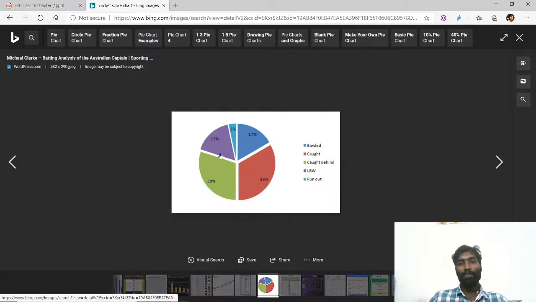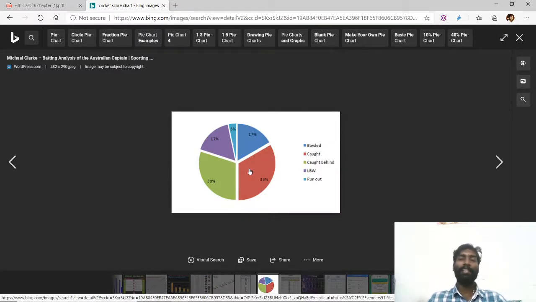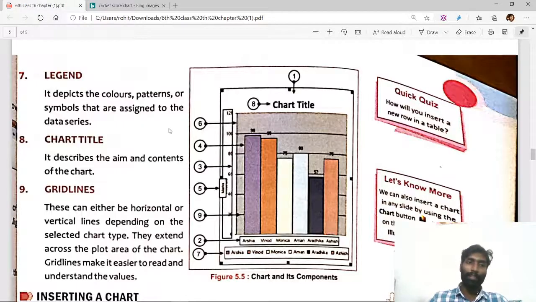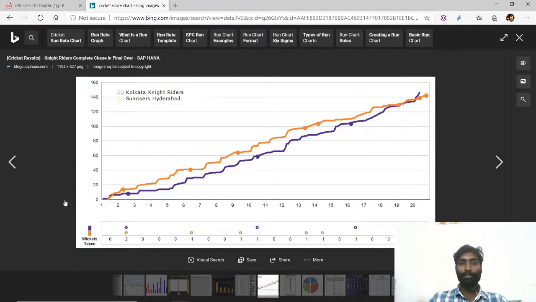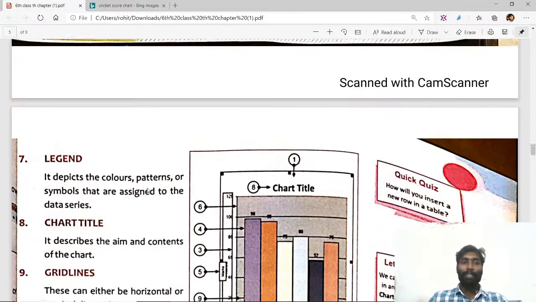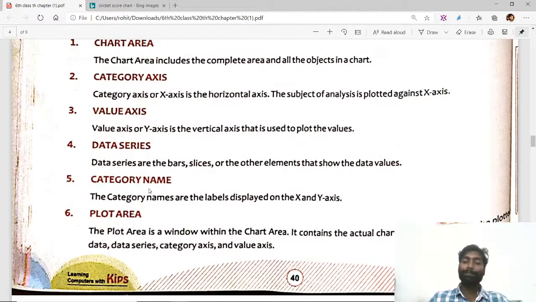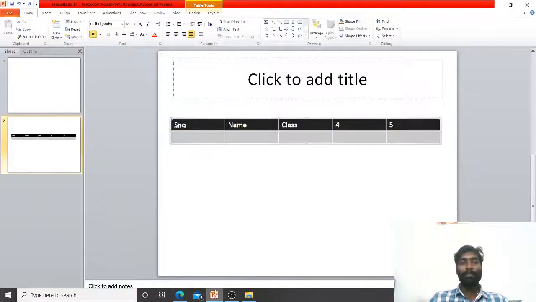So with the help of this chart, what we can understand, we are getting the data instead of reading. If you give it in written form, in 2010 India scored this much, in 2011 they scored this much, nothing we will understand. Means we will understand, but it is difficult to remember. But if it is this type of chart, we can remember very nicely. Okay, so now we can see how to insert a chart in PowerPoint.